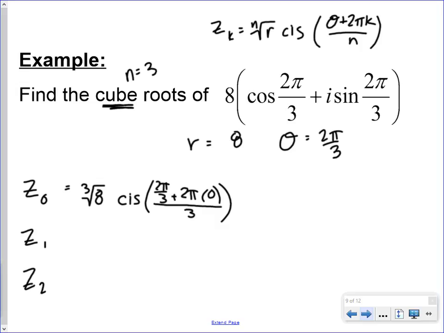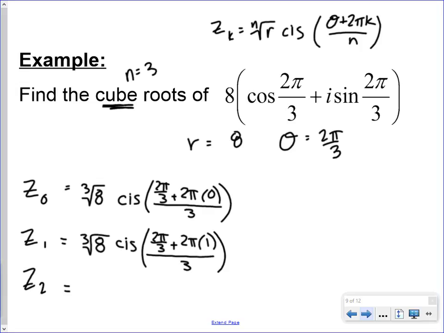And then I'm going to go through and do z sub 1 and z sub 2, because now the only thing that will change in that formula is k. So that 0 is going to turn into a 1, and then 0 is going to turn into a 2. So I'm going to just copy what I see. Cube root of 8, cis 2 pi over 3 plus 2 pi 1 divided by 3 equals cube root of 8, cis